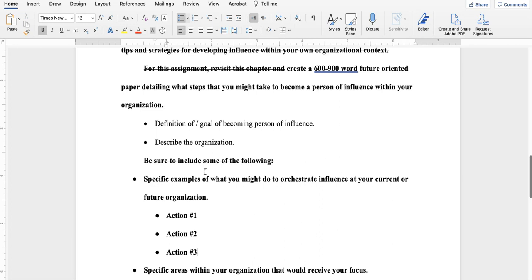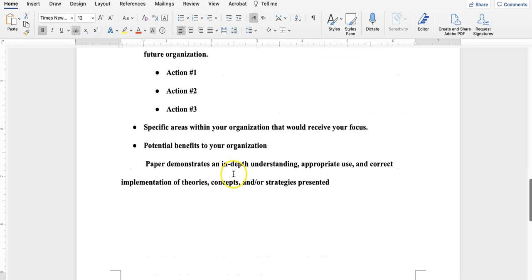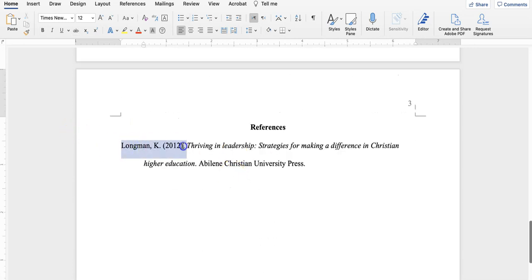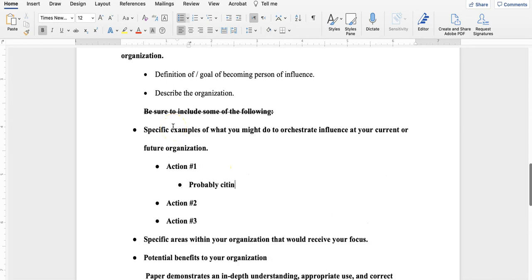And I know that I should be grounding this in the reading here, so we should have a citation for, what was that? Oh yes, Longman 2012. So I'm giving myself a note there so that when I am doing the reading, I can make sure to look out for that.